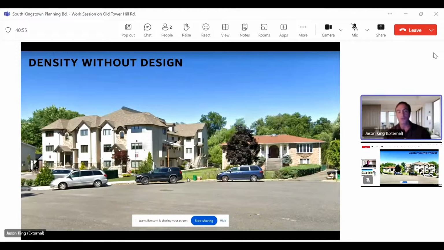So too many communities are doing this now, a knee-jerk reaction to what feels like an exclusionary zoning regime. They're just allowing duplexes, triplexes, quadruplexes, and accessory dwelling units, and they end up getting these monster houses. And so that's not good.